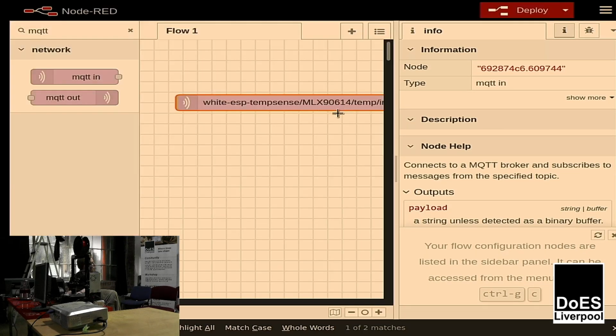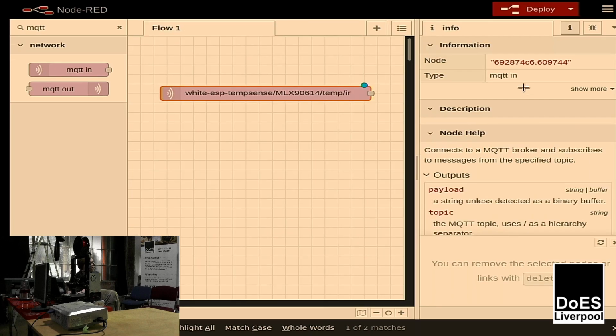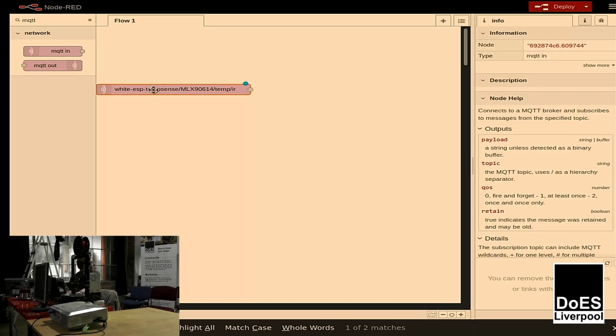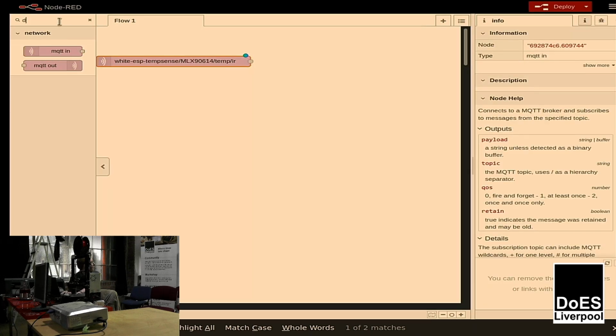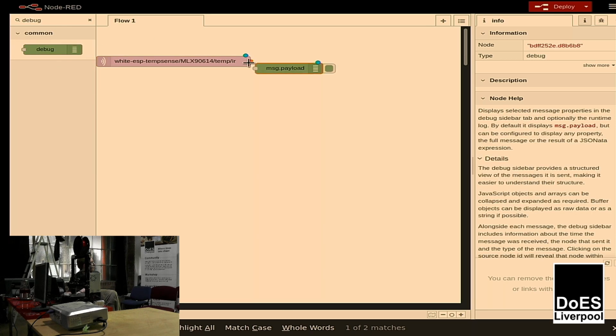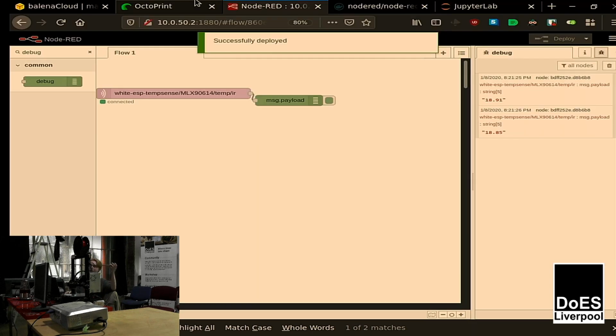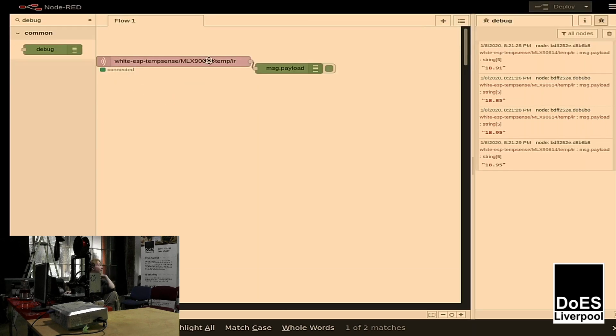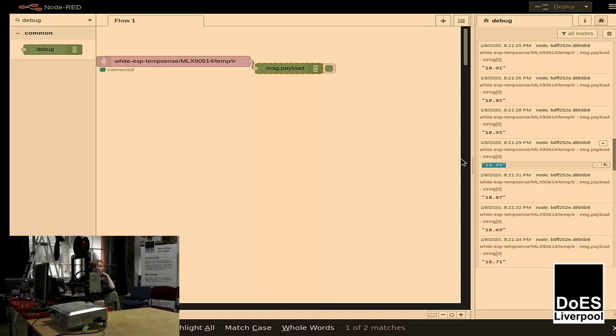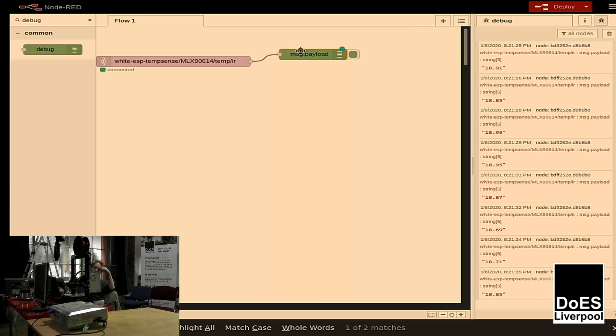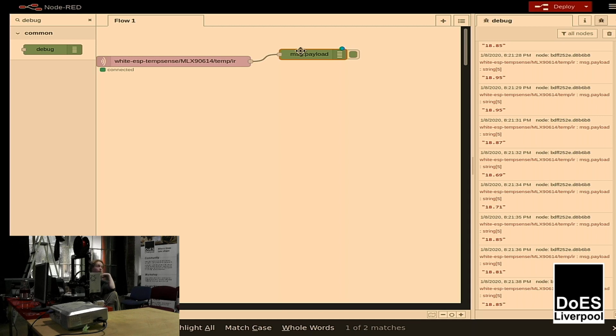And whatever value comes out of that is now going to be visible. So you see, now the string is in the message payload. The payload of this, the output of this, is a simple string called, well, there it is. And now all we have to do to get that into Grafana and visualize it is to simply put that into a database, which is also very simple and requires no code whatsoever, except for the code that's being written